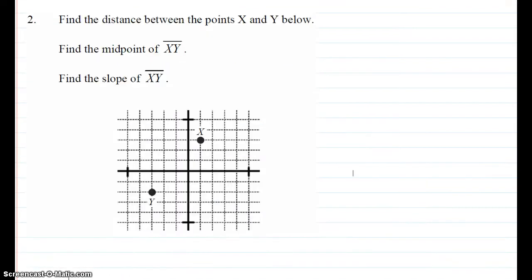All right, number 2 is a 3-part question. The first one is find the distance. The second one is find the midpoint. And the third one is find the slope. So we'll start by drawing what I call a slope triangle. And so if we connect these two and make this triangle,